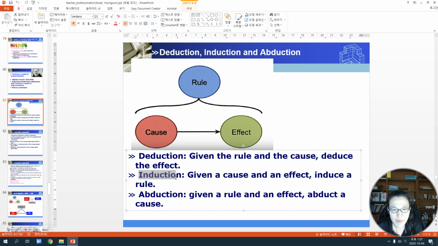Induction is about, given a cause and an effect, we induce a causal relationship between natural phenomena. So when you say induction, it's about one case that resulted in some effect, and a second case that also resulted in a certain effect, and with many data or observations you could induce generalized rules. And the second one, deduction, is about